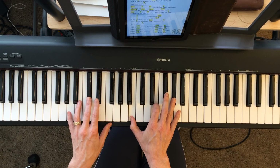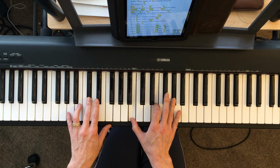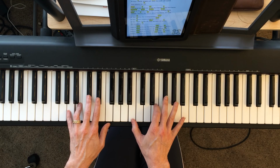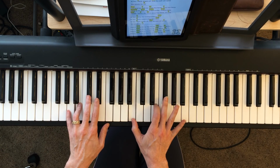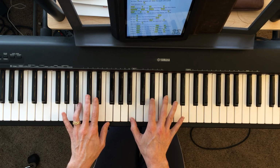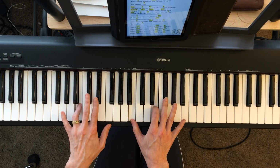Then we have Yahweh, Yahweh, which is a B sus to a B. So the fourth finger is naturally in line for the B. And here's your B sus with the B, the E, and the F sharp in your right hand. And it's going to resolve to the B. So Yahweh,